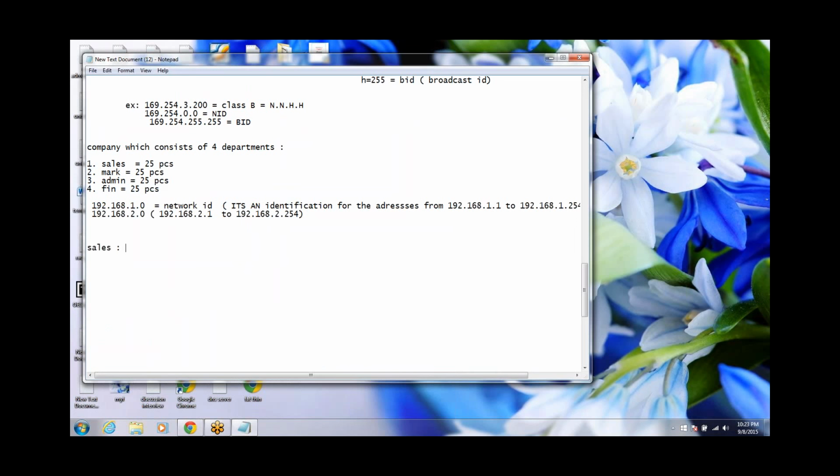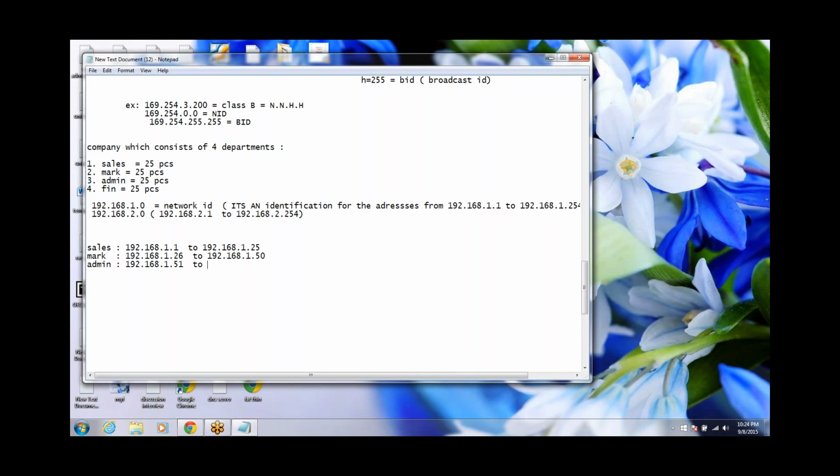For the sales department, what I'll do is assign 192.168.1.1 to 192.168.1.25. So I'm assigning IP addresses from 1.1 to 1.25 for sales here. And then for marketing, I'll assign like this, 192.168.1.26 to 192.168.1.50. Then for admin, I'm assigning like this one,